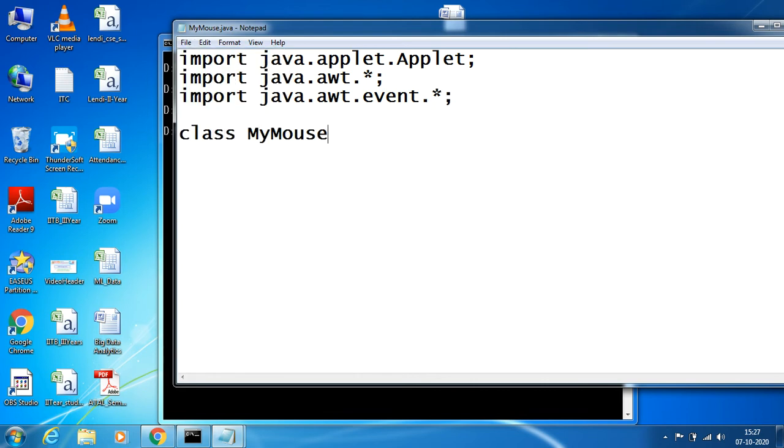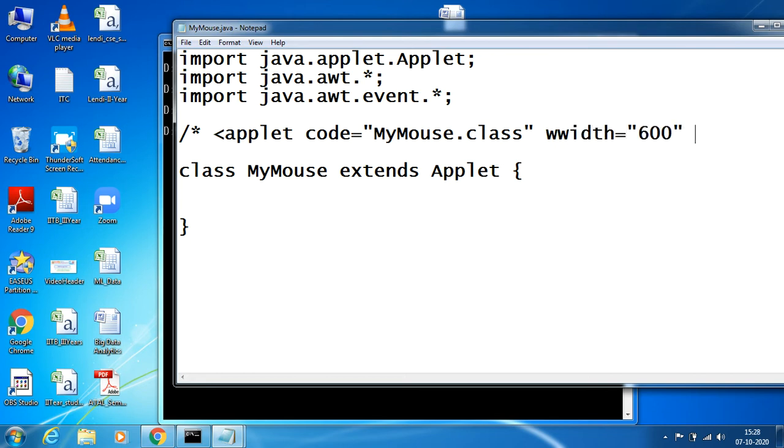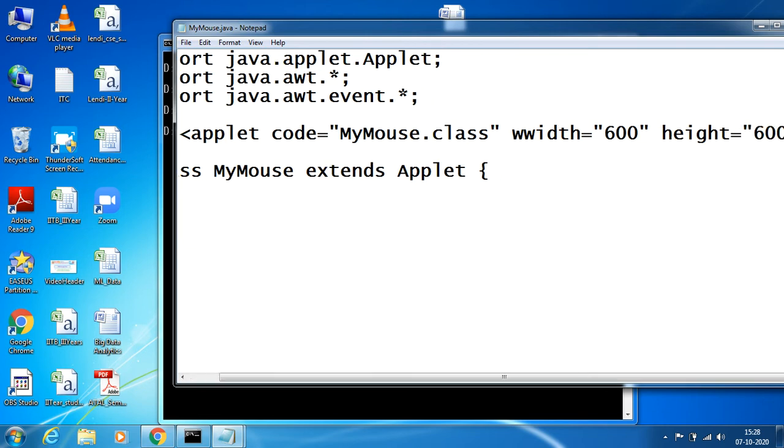Class MyMouse extends Applet. We are all aware of this. And a very important thing we have to do is keep the applet code: applet code equals MyMouse.class width equals 600 and height equals 600.